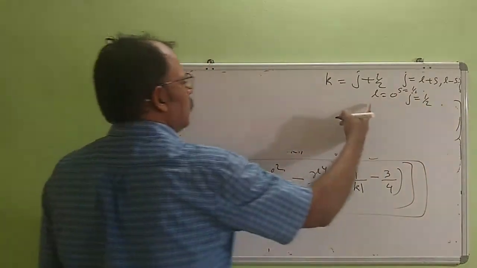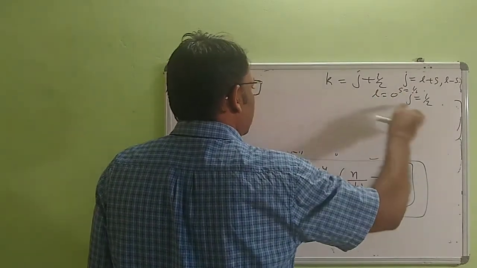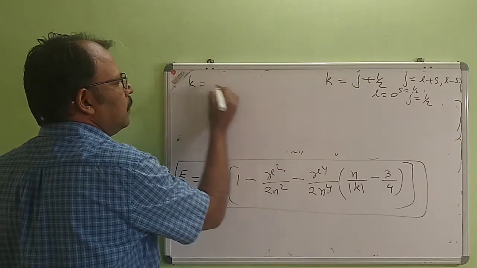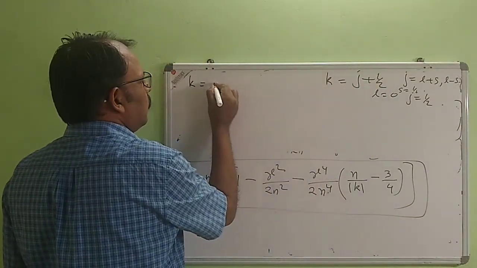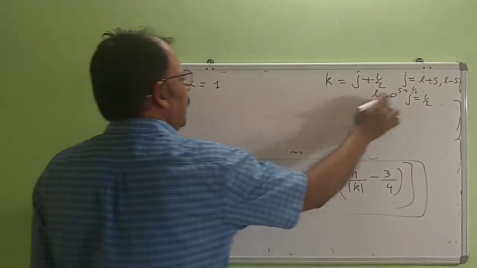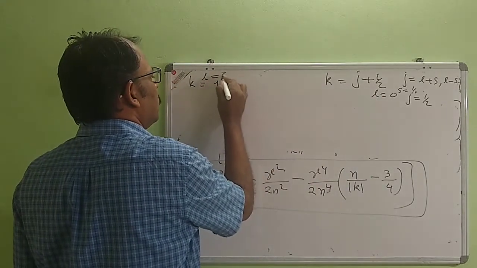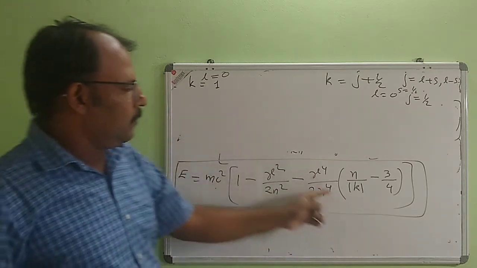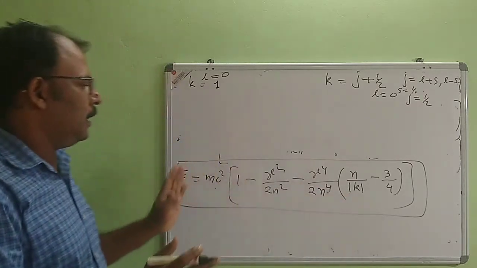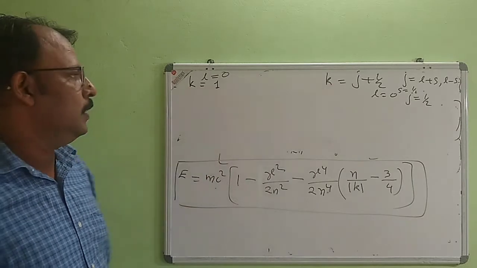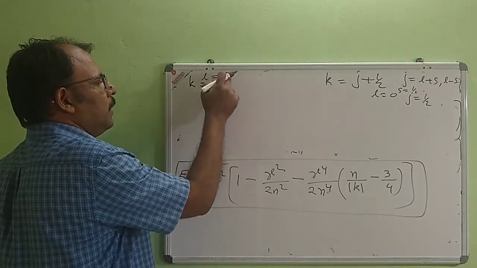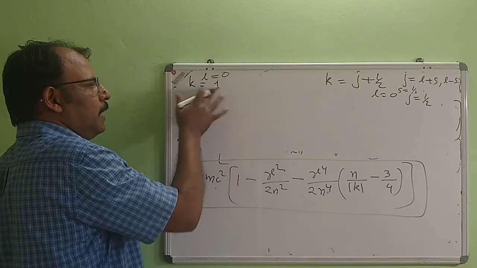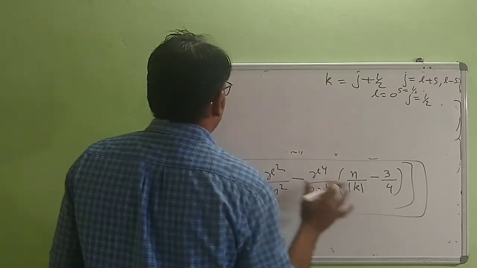When L equal to 0, s equal to 1 by 2, the value of j is 1 by 2. So the value of k will be 1 by 2 plus 1 by 2, so it will be 1. When L equal to 0, we are going to find the extreme values for L and for k. Then we will find the energy spread for different values of k. So when L equal to 0, we have k equal to 1. So the minimum value we are giving is mod k as 1.